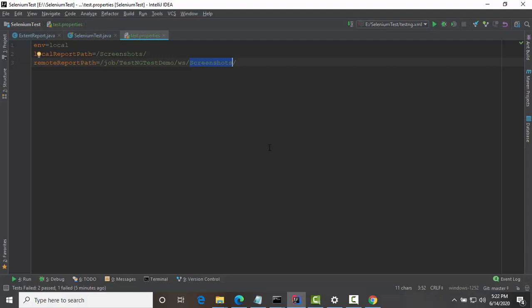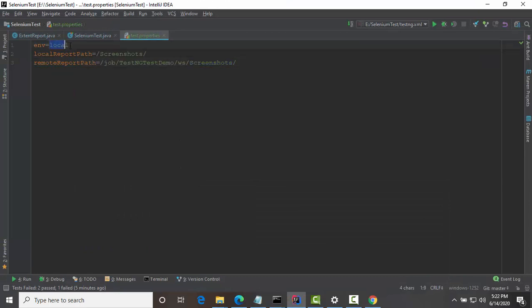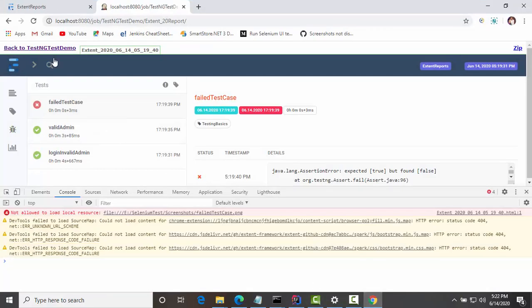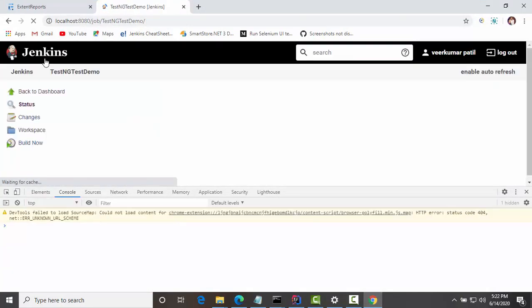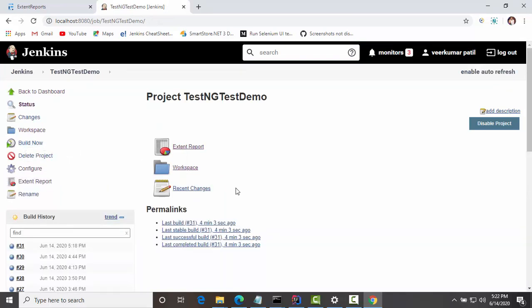Now I will change this environment variable to Jenkins, and let's run the code from the Jenkins build and see whether we now see the image properly in the report. The build has started.